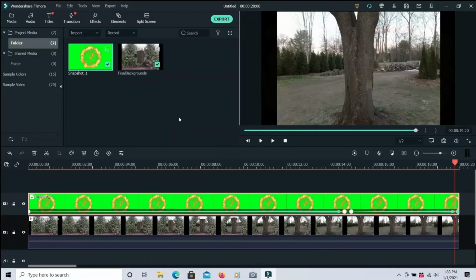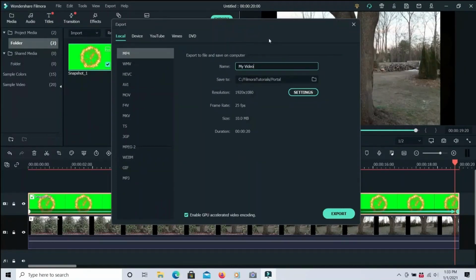That's pretty much the end of what we needed to do, so we can just go up to export, and I'm going to call this, a good name might be Final with Fire Ring, and we export it,